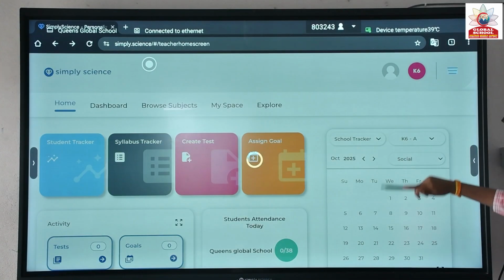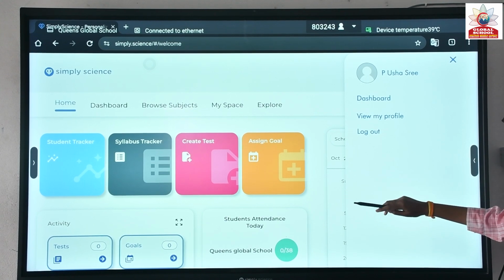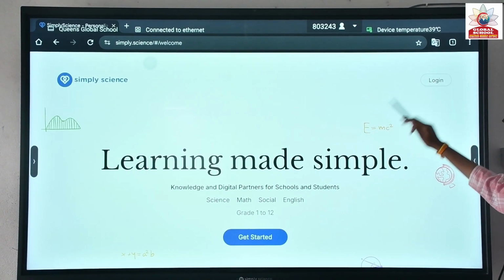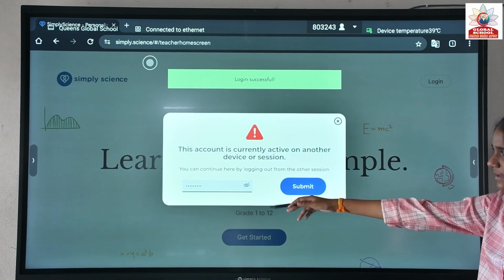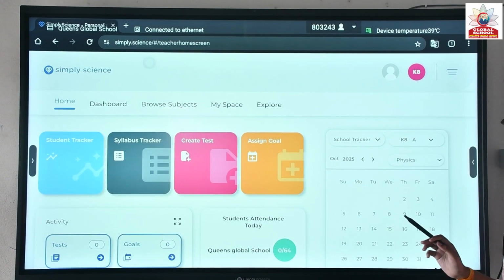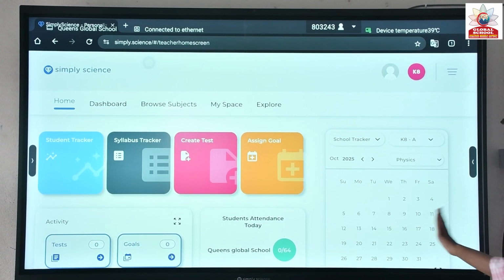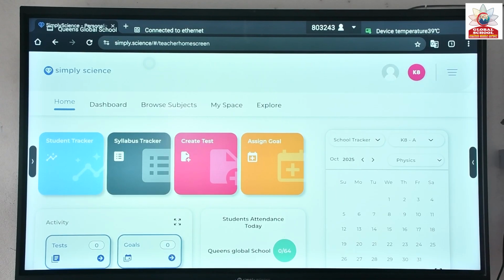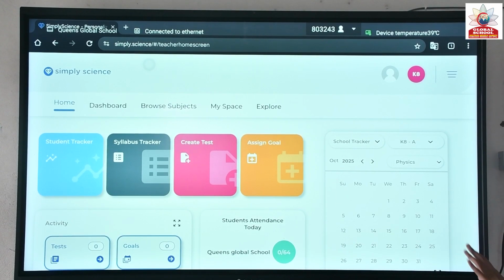So in the profile, ma'am, when it shows this option, just enter the password again, because this is for one panel, with access for only one login. For security purposes we have given it like that. You can use multiple logins, not a problem.